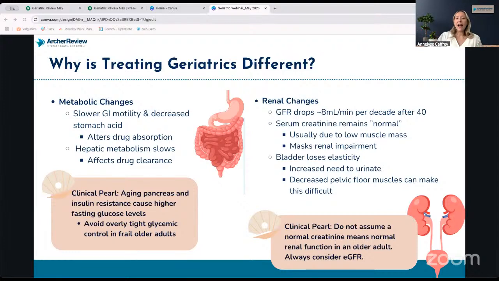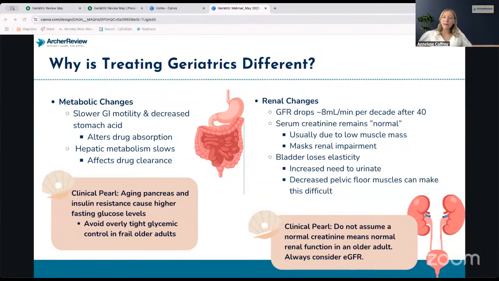Renal changes, know that creatinine can lie. So low creatinine, I can't remember which one I'm saying incorrectly. Either way, when that is low, it's because they have low muscle mass. Because remember, that's not just found in the kidneys, it's found in skeletal muscle as well. So it can kind of mask kidney disease because we normally see that go up with kidney disease.